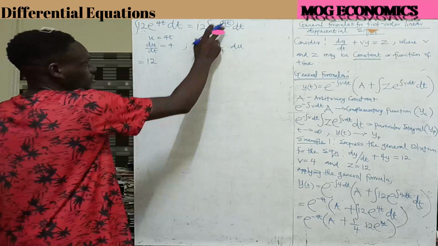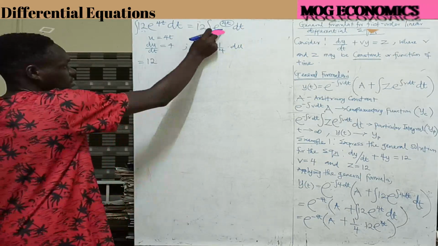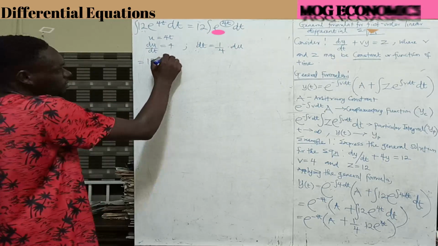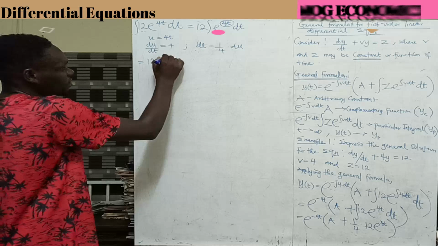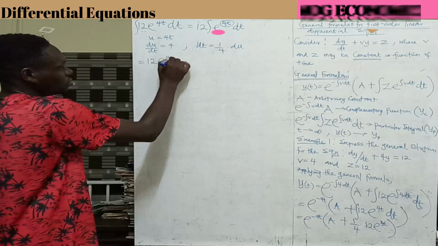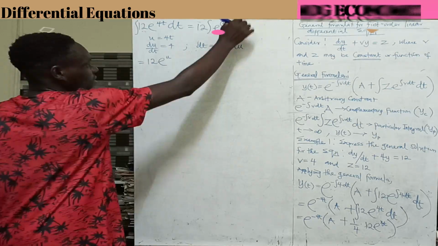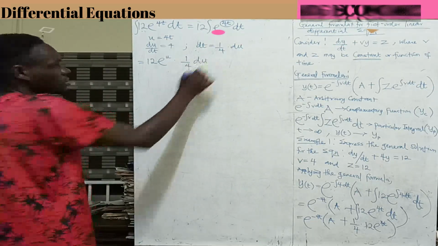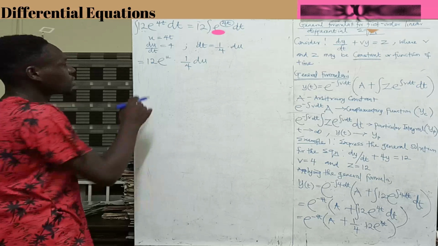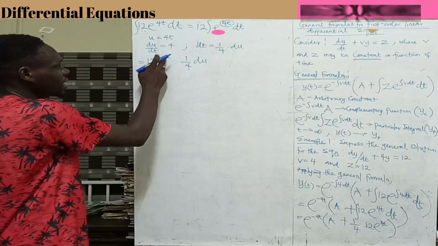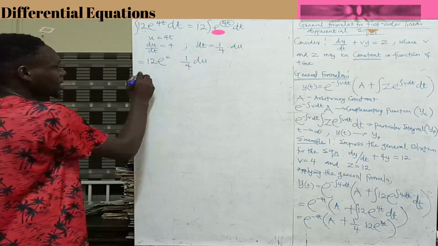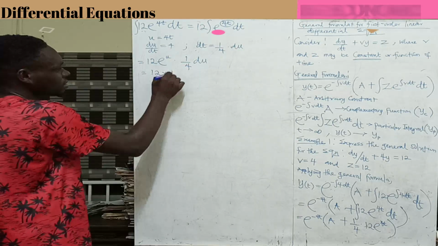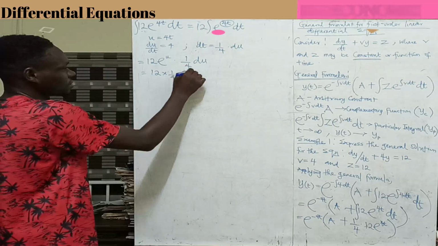So since this integral sign won't be there any longer, since we have integrated already, let's do u, we are replacing this, so we have 1/4 du. Alright, so from here, our u is 40, and then from here we can solve algebraically. We have this, raised to power 40,